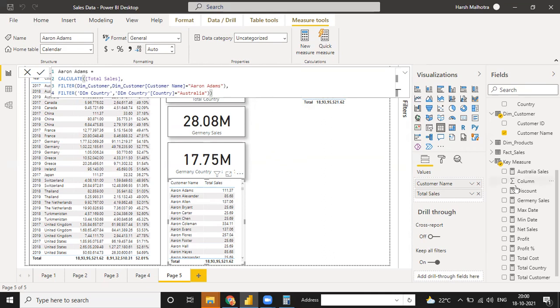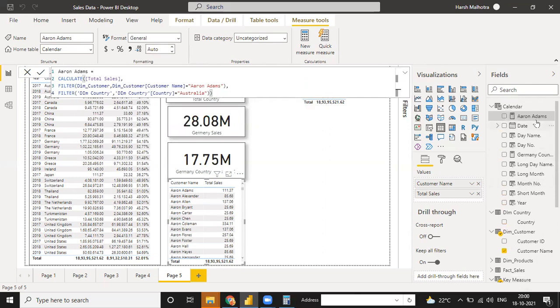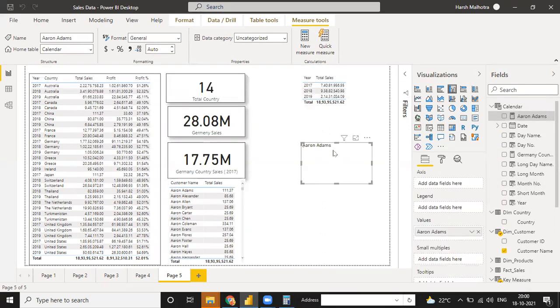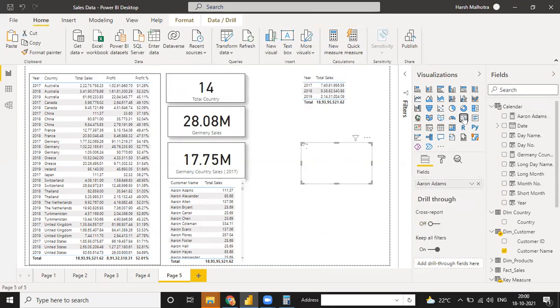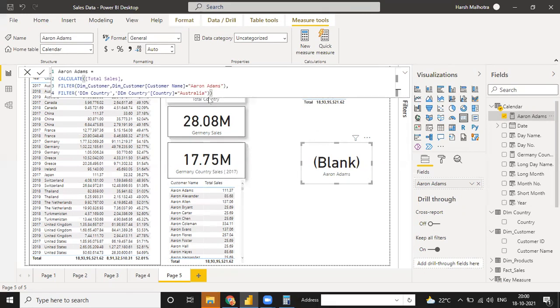Let me just check whether we wrote a correct function or not. So go to this, click on this 1, 2, 3, and see right now it's blank. Why? Because Aaron Adams does not belong to Australia. That is the reason. Let me just put this filter into the command. Put enter.